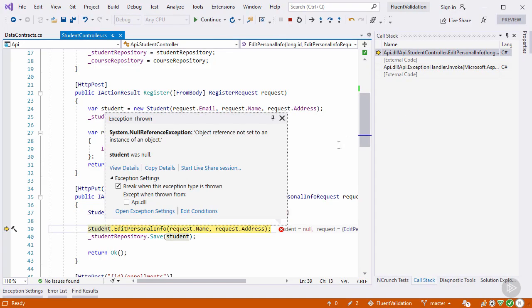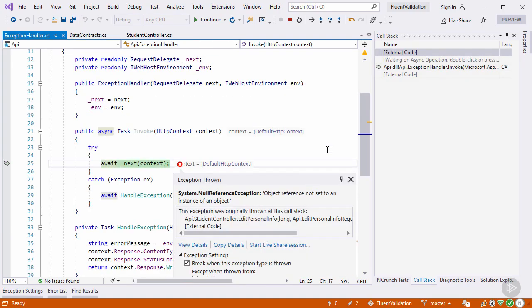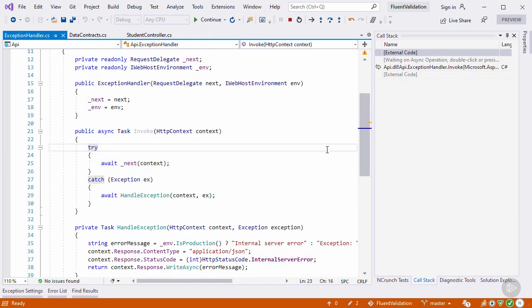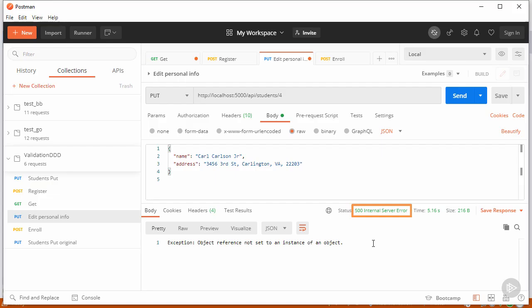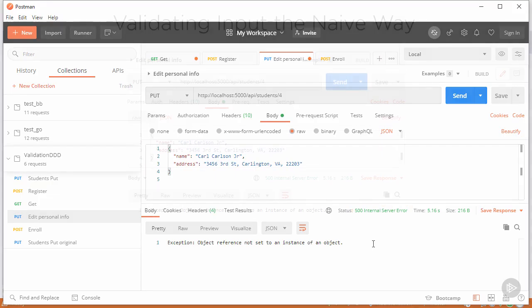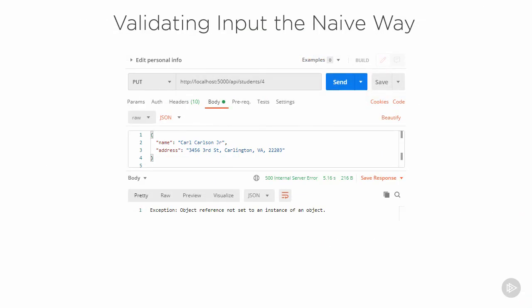The application throws a null reference exception because such a student doesn't exist in our database. This exception then gets into our global exception handler that converts it into an internal server error, a 500 response. Note that while this behavior may look acceptable at first, after all, the application is returning an error here,